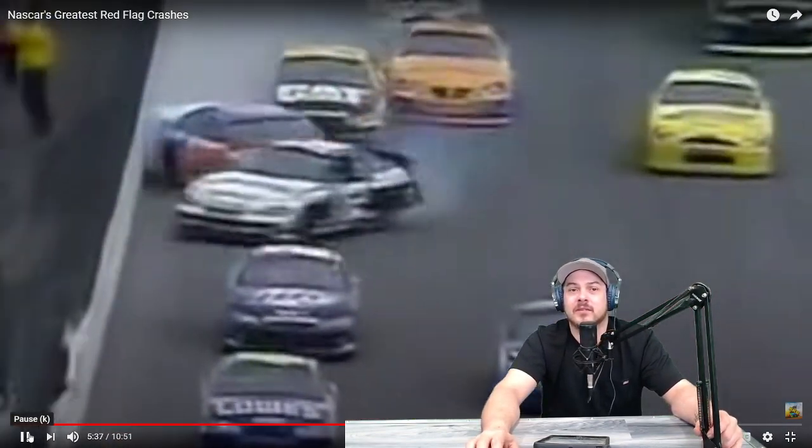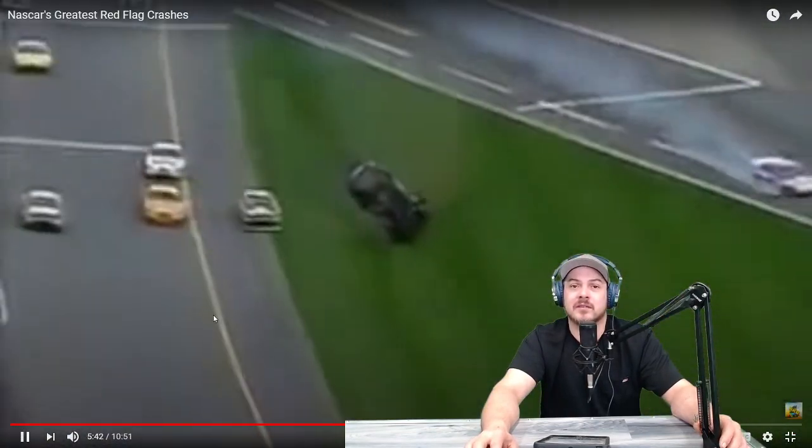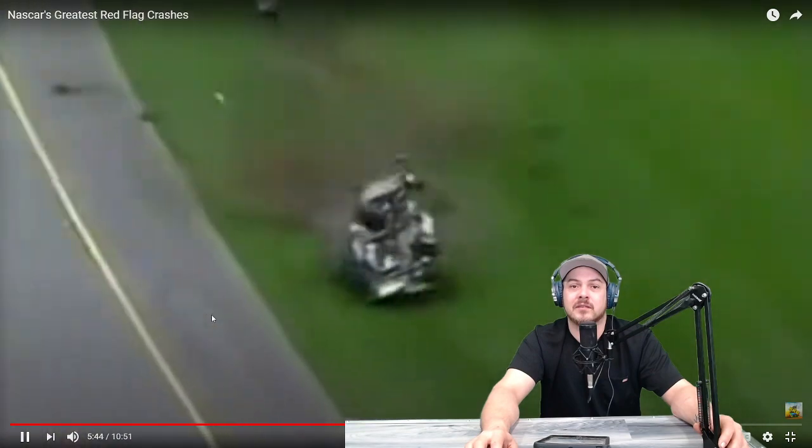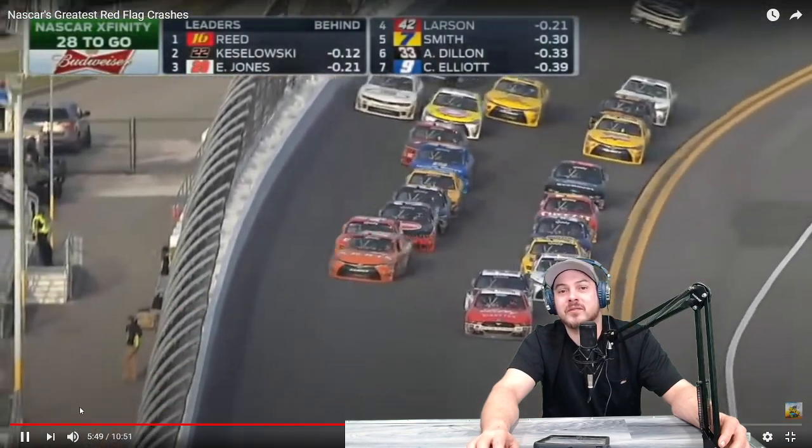Oh, Kenny Schrader got out of control, got into him. Oh, that's what happened, Mike. His right rear tire came off. Car goes airborne, then when it hits the ground, it digs in and just rips it apart. Just got under and pulled the car up. Prior to today, the only place where...